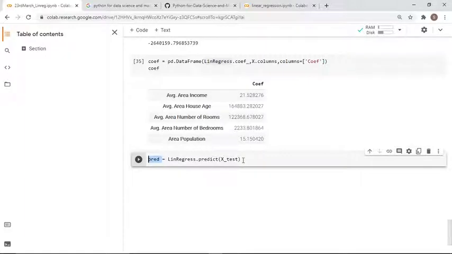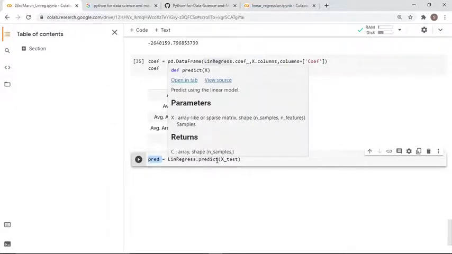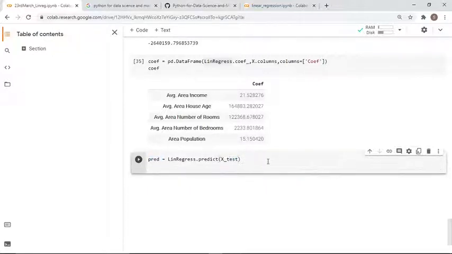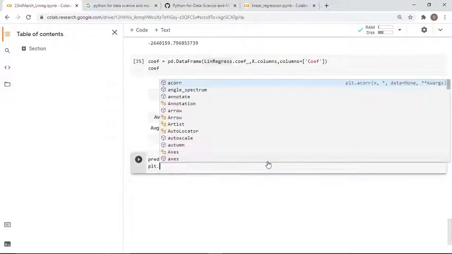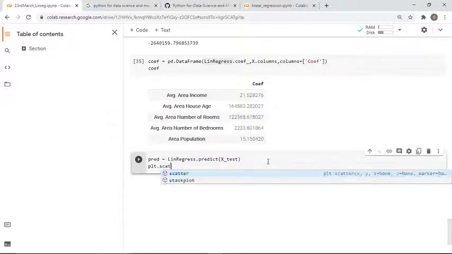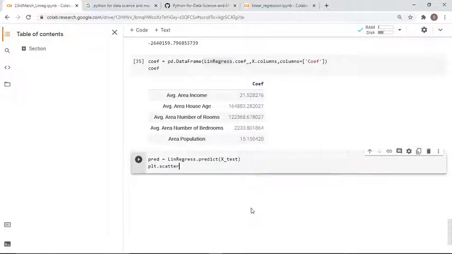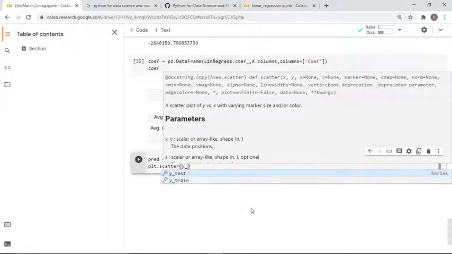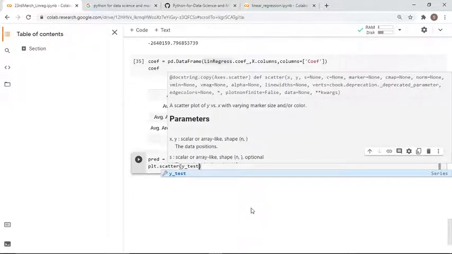I am predicting with the help of the developed linear regression model upon the test data set. And then finally I'll be plotting it on a scatter plot, where the predicted output and actual test data will be displayed on the x-axis and y-axis.